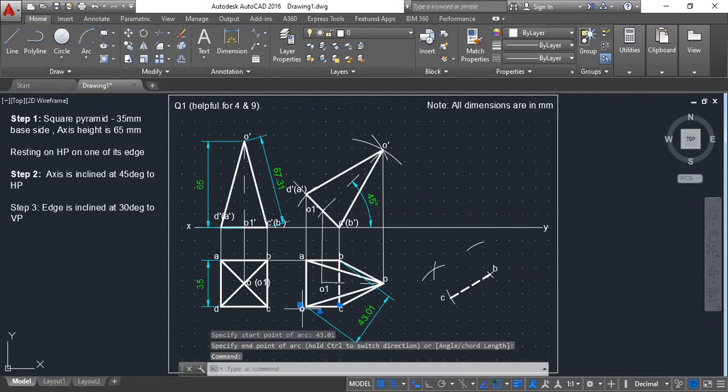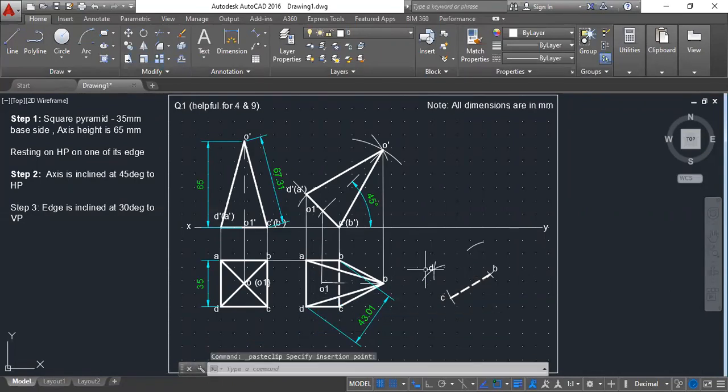So that particular point is D. With the same length, cut an arc from C also. From C also cut an arc 43.01. Done. So I got the point A here.